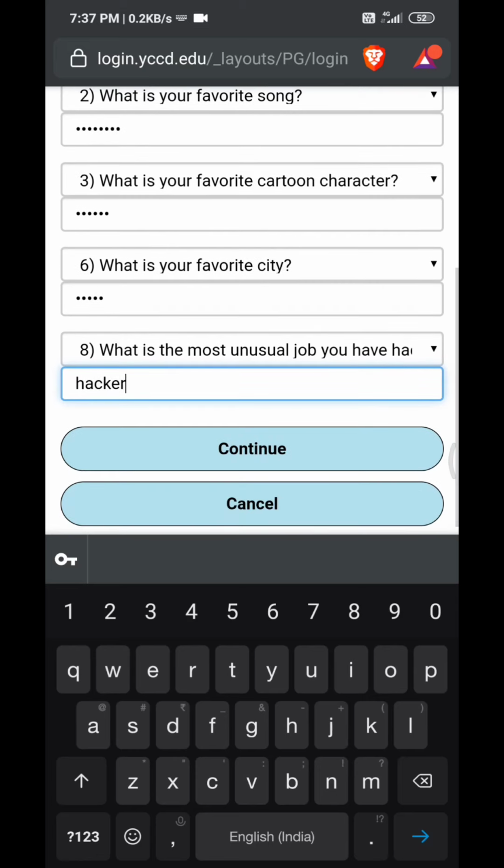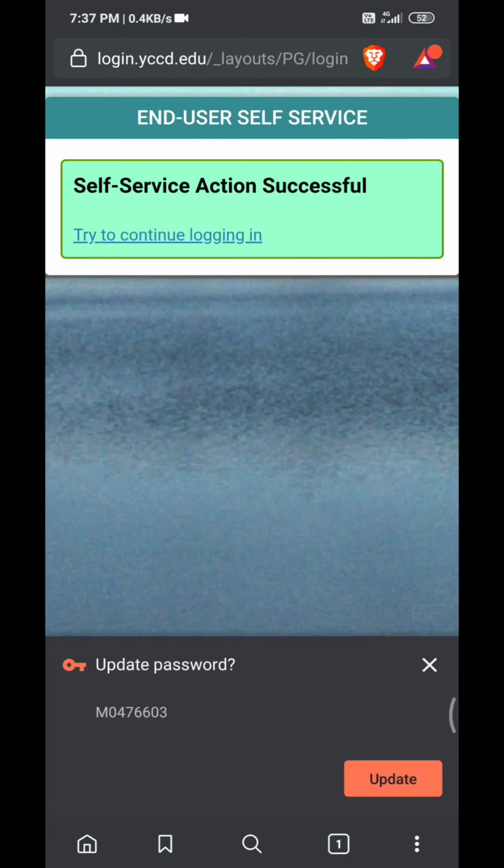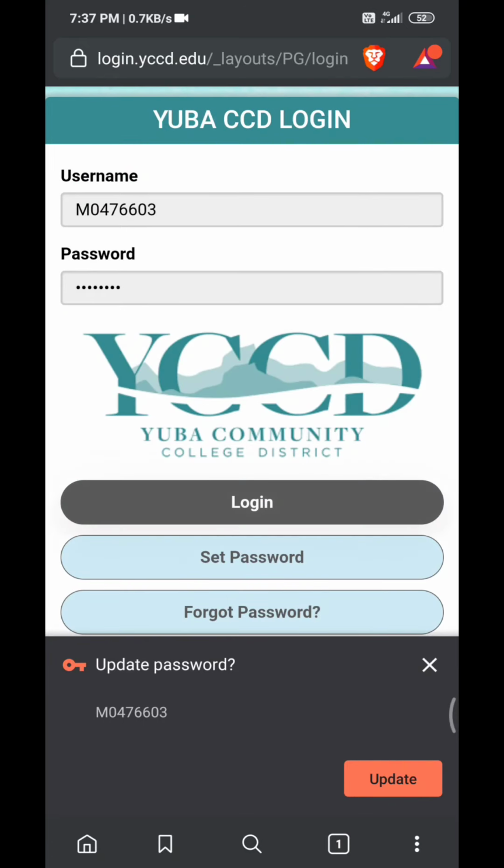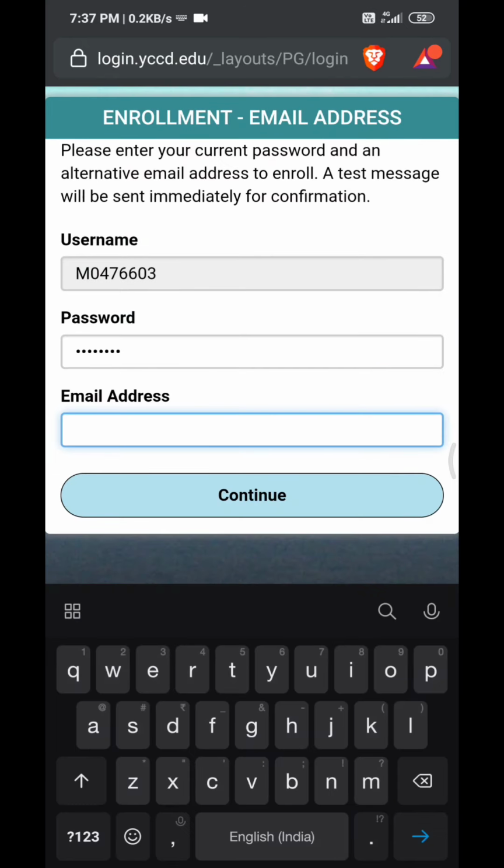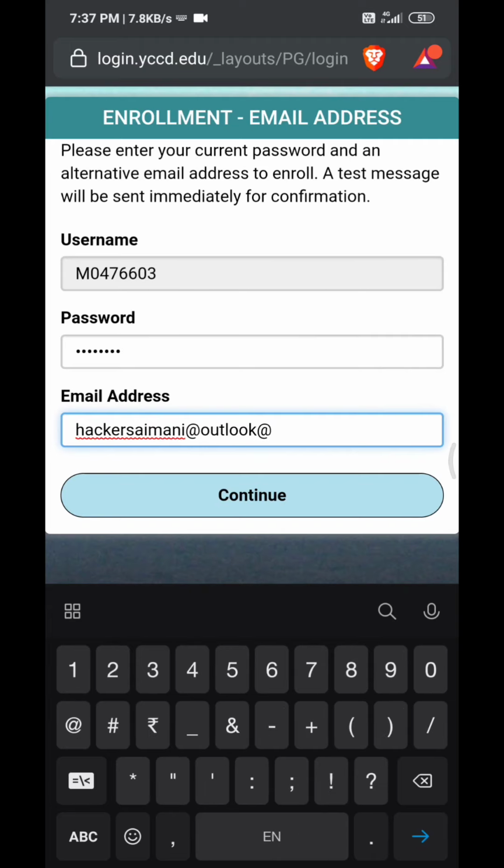So try another login ID. So same. So you give me your email address, Outlook email, and they send an OTP. So give your Outlook. I'll show you all of them. So please wait. Don't skip any part. You can't understand. So wait. Continue. Click on continue.